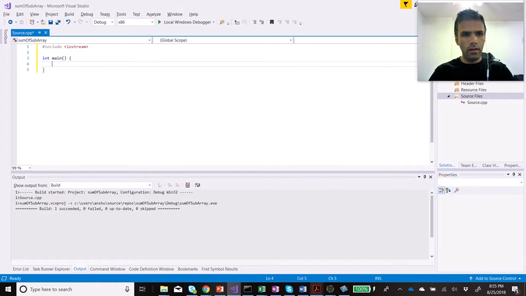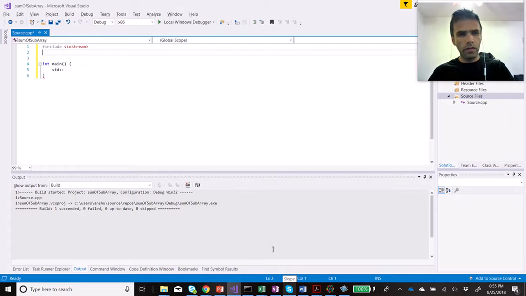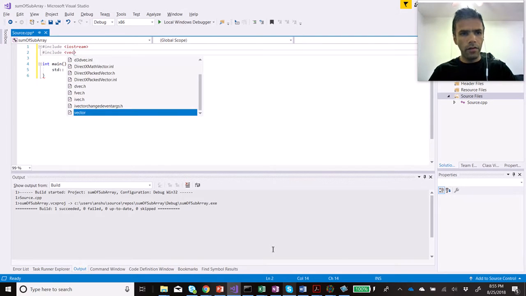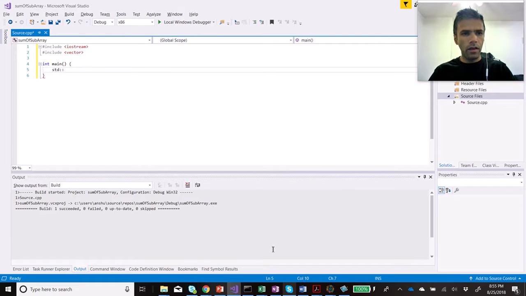Okay, and this is my main function, and let's define a vector over here. So I will say std::vector. Okay, so I will have to include vector. So I will say hash include vector, and then